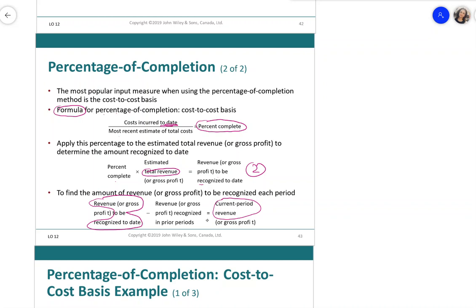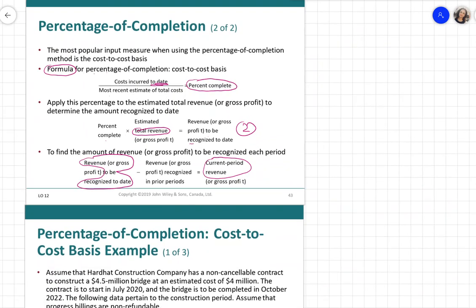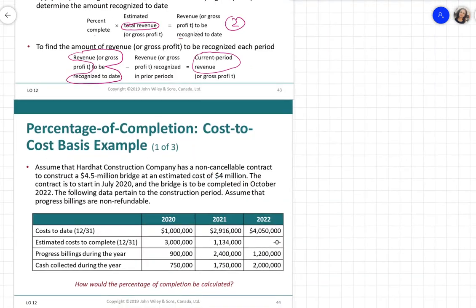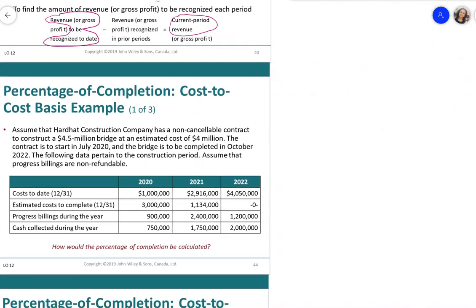And from that step 2, what you want to do is record the revenue for the current year. And how are you going to do that? By taking the total revenue at that point and minusing what you recognized before, and that'll give you the current year. But it makes more sense if I show you